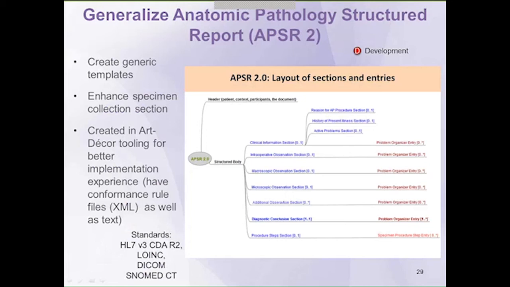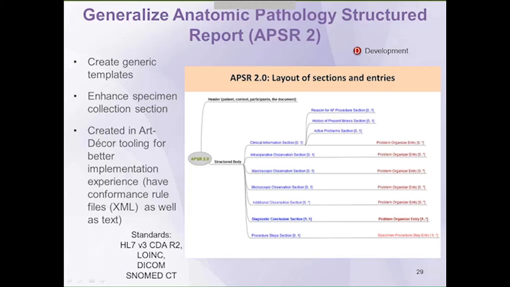The APSR is now at the 2.0 version. The APSR 1.0 version, real quickly from a historical standpoint, was an attempt to look at the major common cancers and create all the discrete data elements that were important for capturing those. It was quickly realized that having IHE support a profile for a field that's always changing, constantly evolving, would require a significant amount of maintenance and curation. And it was felt that creating a template for a more generalizable anatomic pathology report was probably more pragmatic, and